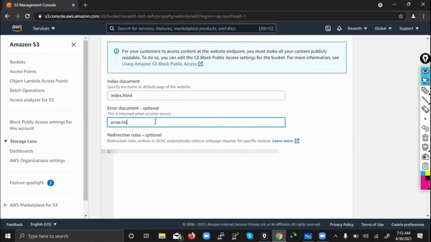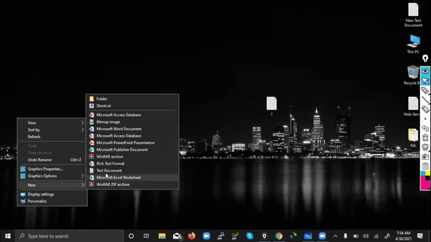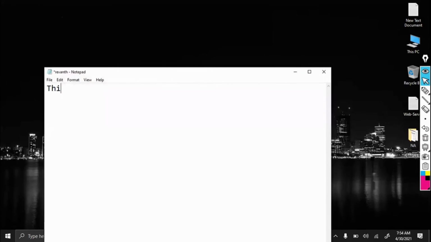Actually index.html, but it doesn't mean you have to keep index.html only. You can keep any file name, but you have to make sure that file is present inside the S3 bucket. So here I can keep index.html. What I need to do on my local machine is create a file called index.html. But here, it's okay. We got bored of using index.html. Let's say, in this case, raven.txt, and inside it